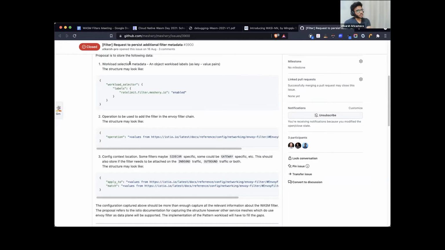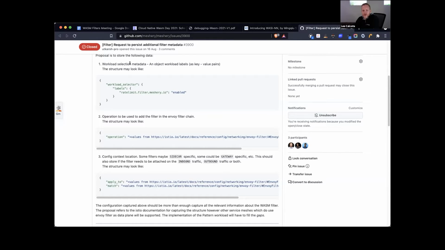It's not that we won't allow the user to modify that, but if we have official filters, we know where to drop them and how to configure them, so we can have a default set, and the user can change them. They can just click apply with a custom config like a JSON blob, or in some cases there is no config, you just deploy it and it works out of the box. Those are the metadata that I was proposing we can start to store.